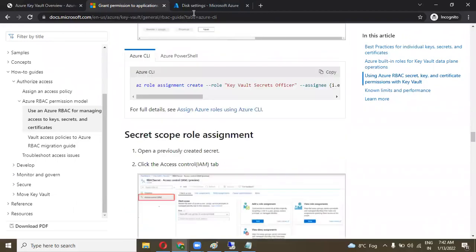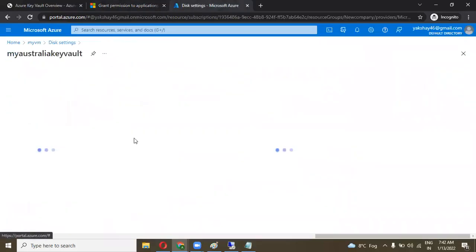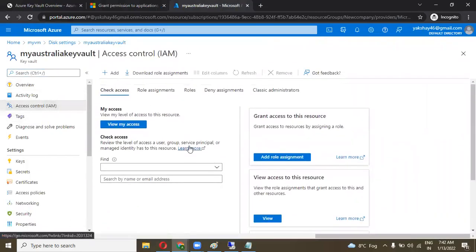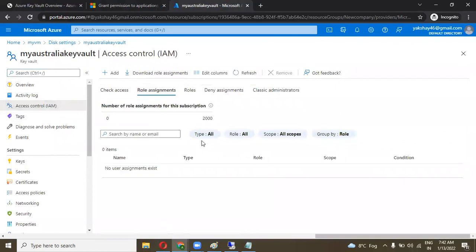Okay, everything I have done it. Now go to the key setting, manage key vault, and go to the access setting, role assignment. I have all the role. Now create role assignment.